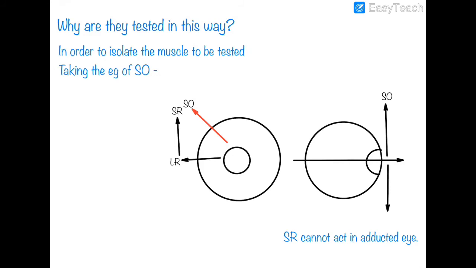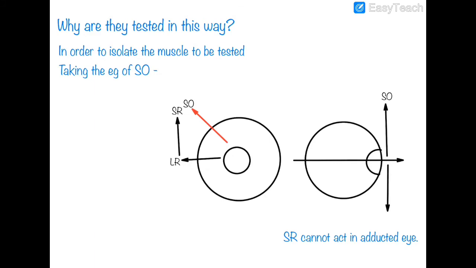That is, suppose the examiner is testing for the superior oblique muscle, and he asks the subject to just normally look upwards and laterally, because this is what the superior oblique does, it turns the eyeball upwards and laterally. But if the subject has an injury in the trochlear nerve which causes paralysis in the superior oblique, then also he will be able to turn his eyeball upwards and laterally by first abducting it and then elevating with the help of the superior rectus.